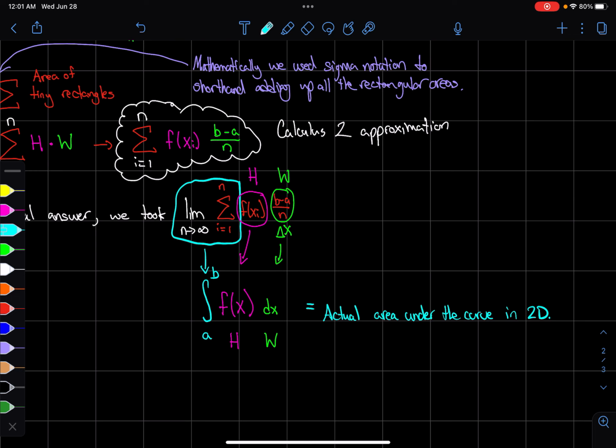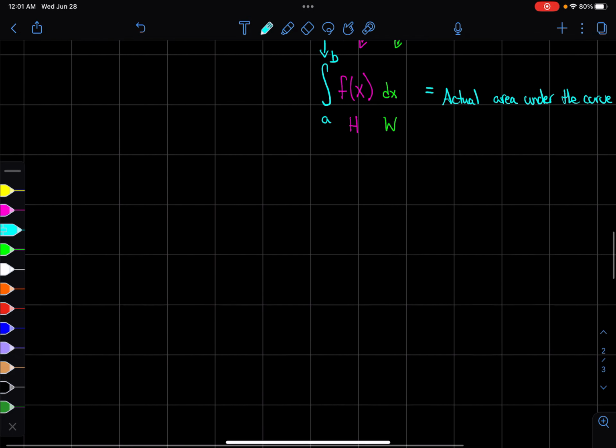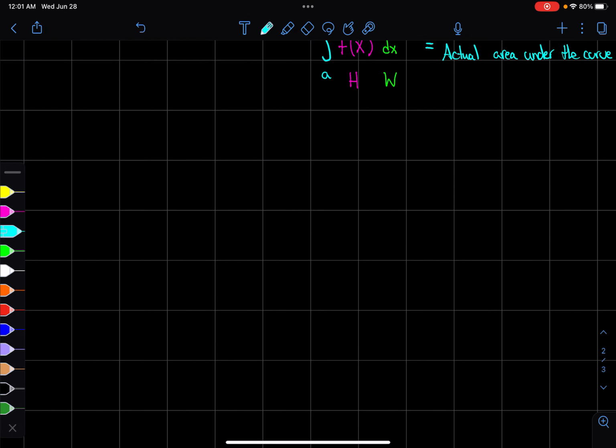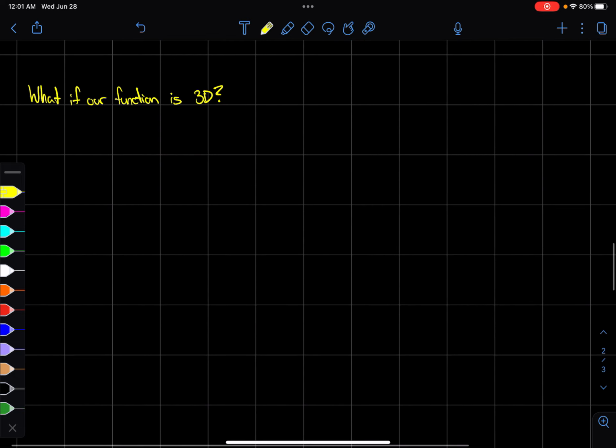That's what the area under the curve represented. And so the next natural question is, okay, well, what if our function is 3D? It's a function f of x, y, right? So from a tangible standpoint, maybe this is a function that tells you the probability of winning the lottery based on your age and based on your income or something like that. Okay, and so, a natural question would be,